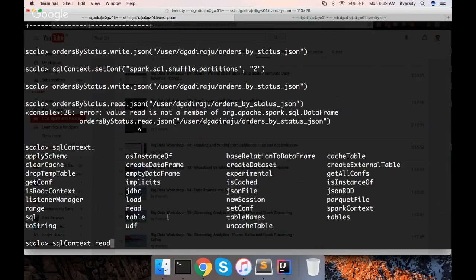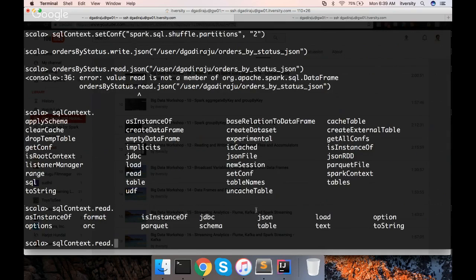So instead of first reading and then writing, because I don't have the files in the other special formats, first I have written the data into HDFS. Now I'm trying to read. To read, we have to use SQL context, and this has to be the native SQL context. I'm not sure whether Hive context has this API called read, but native SQL context has. Okay, sqlContext.read. And then if you hit tab, it will show all the supported formats, and JSON is one. And also we have Parquet, ORC, etc. Okay. Now you can use JSON and you can give the location.